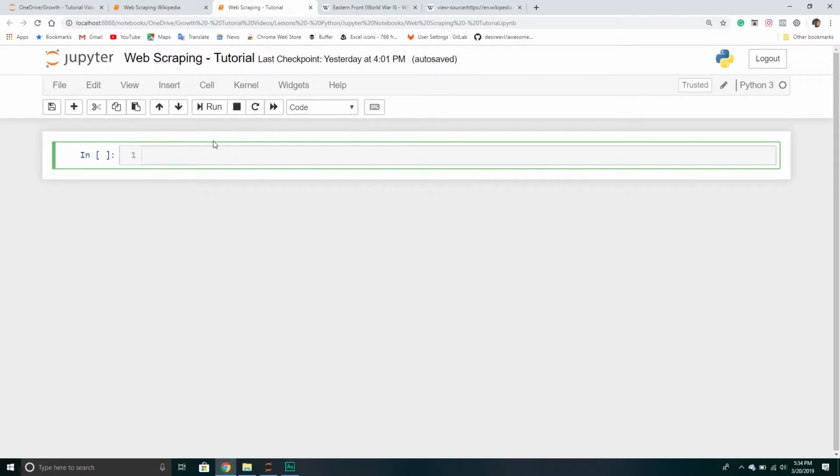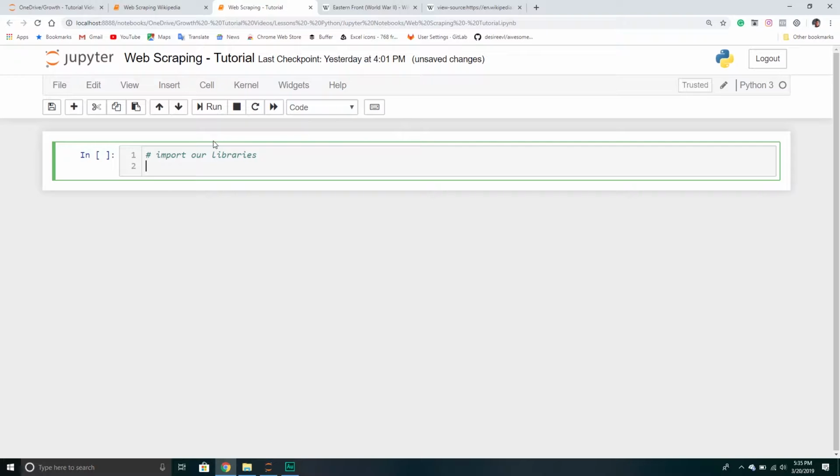And so once you're here, you can just open up a new Jupyter notebook. And then from here, we have to import some libraries. So the first thing that we're going to do is import our libraries. And there's going to be a couple that we have to. So the first one is going to be BS4. So we're going to say from BS4 import our BeautifulSoup